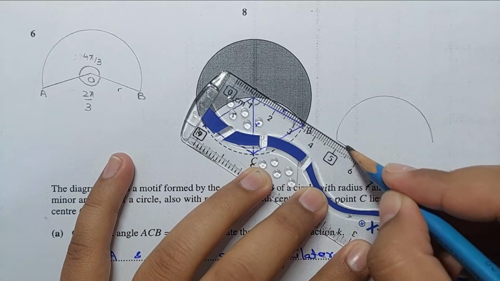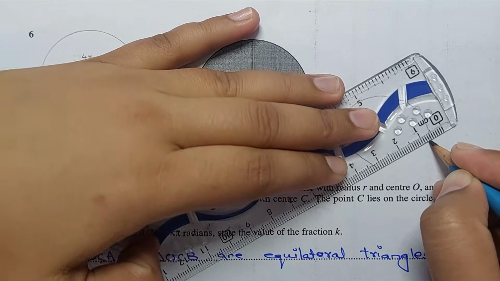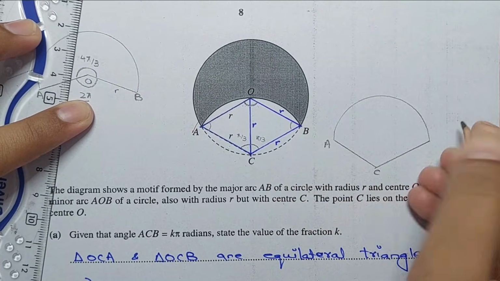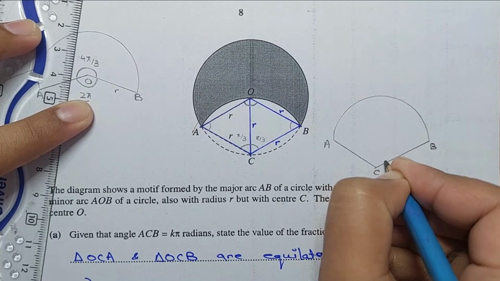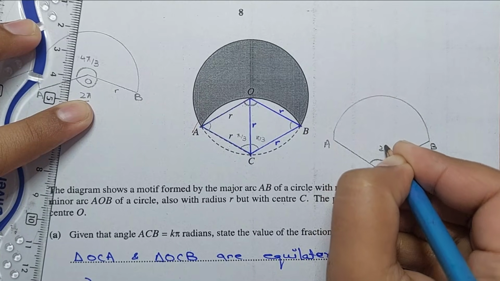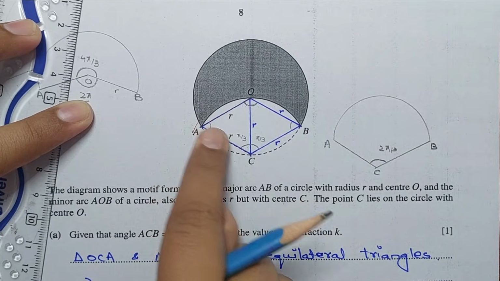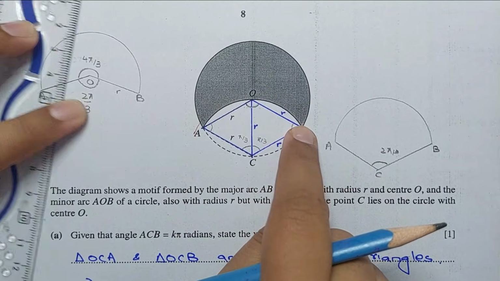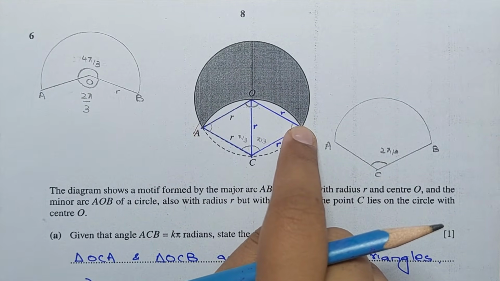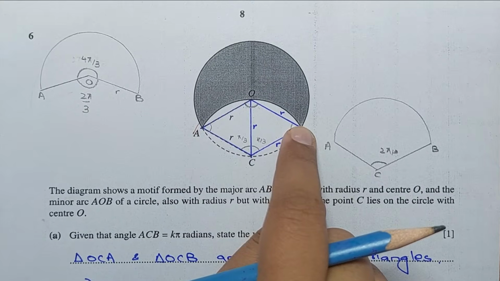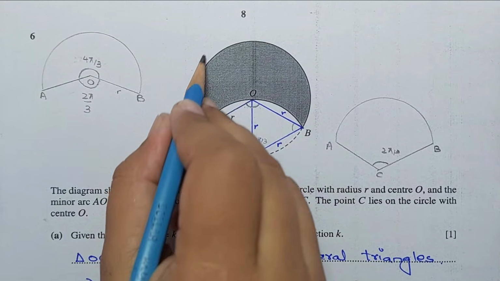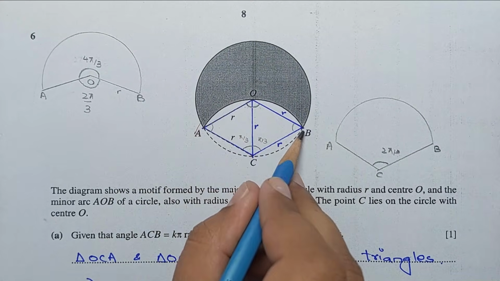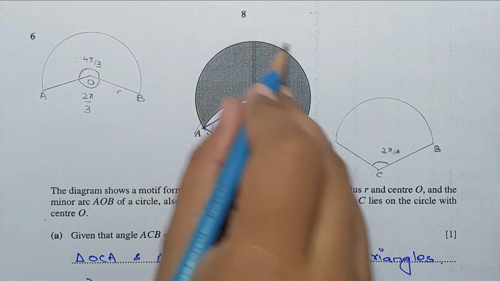If we say this point is C, B to C. So this point is A, this point is C, and this point is B. We know that this angle is 2 pi by 3 for this sector, because the perimeter is the sum of all sides which include the shaded part of the diagram. So this side includes the shaded part and this side includes the shaded part. So this side is radius times theta, considering this bigger arc.